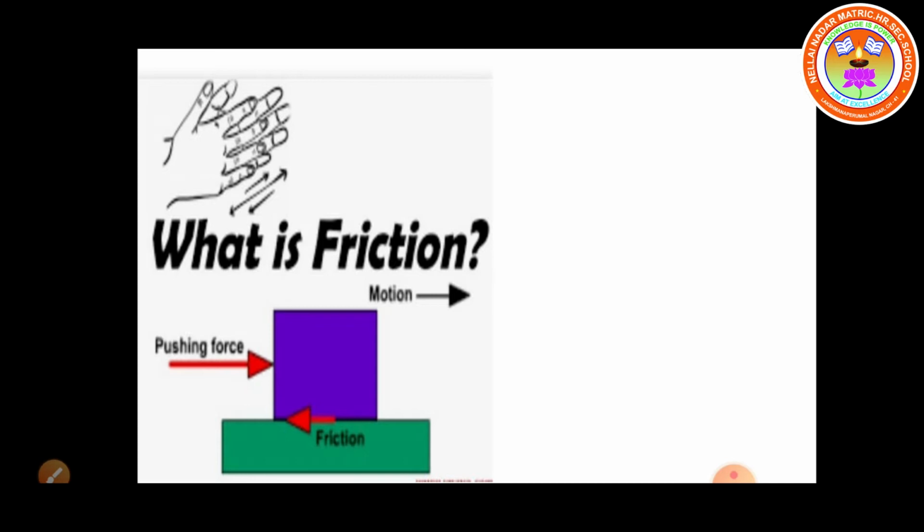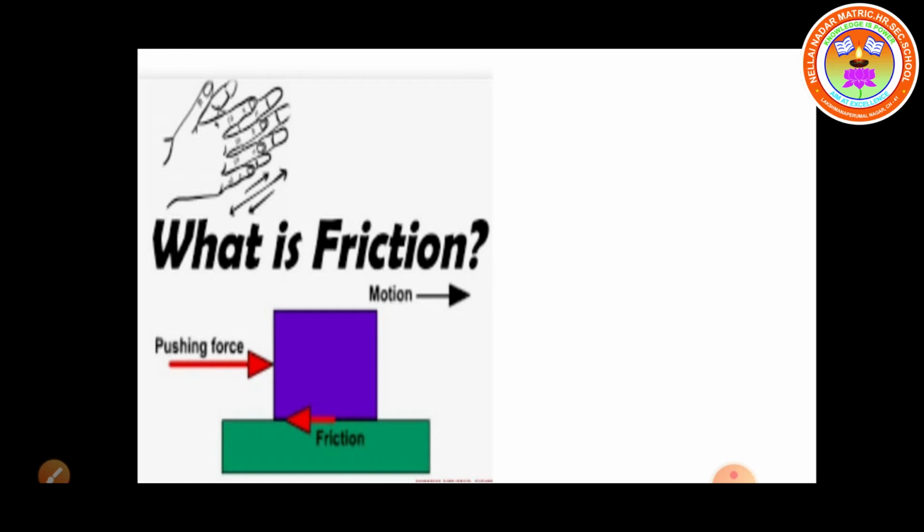You have already studied that forces are classified into two types. One is the contact force and another one is the non-contact force. Isn't it? So for the contact force, the example we are studying is friction. It is easy to hold a tumbler due to the friction between the surfaces of the palm and the tumbler. Suppose oil is applied to your palm. The contact force between your fingers and the tumbler is reduced. So the friction is reduced. Hence it is difficult to hold it with an oily hand. This is the best example for friction.